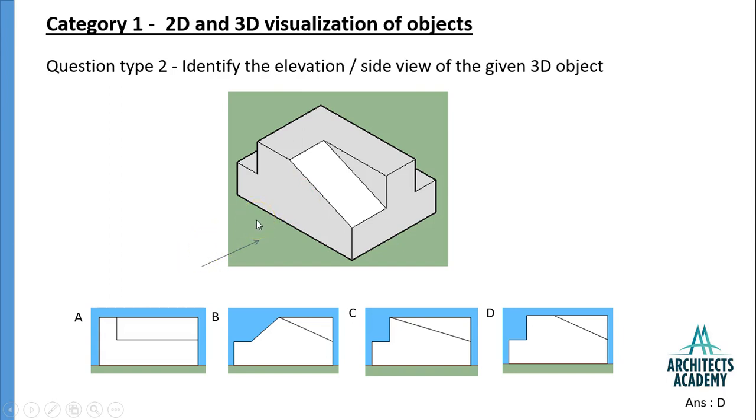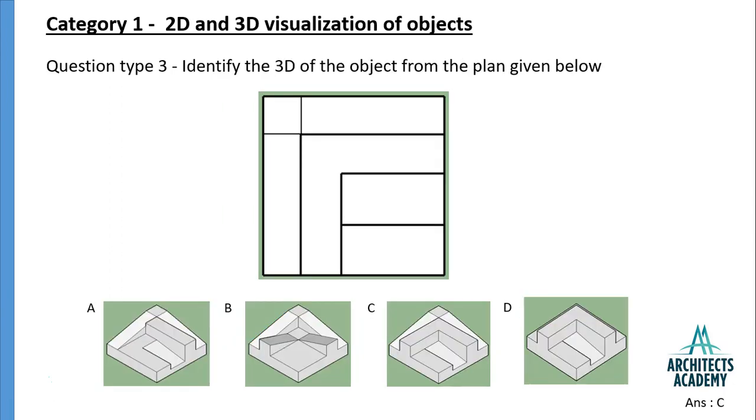So if you correlate the things, you will find out that the answer is going to be D. So this portion which you can see, this profile out here, it is this profile which you are going to see, and this portion which you see is this back side of this figure which you are seeing over here, and there is nothing on this side, that is why you are seeing it blank. So this is how you can identify the side view or elevation of an object.